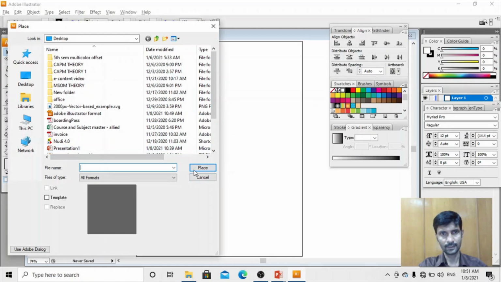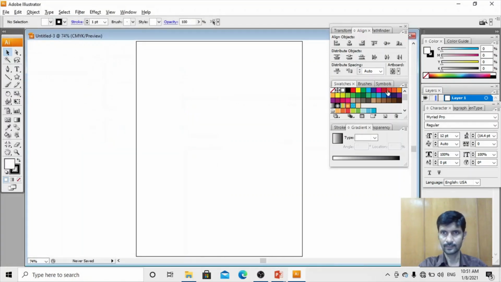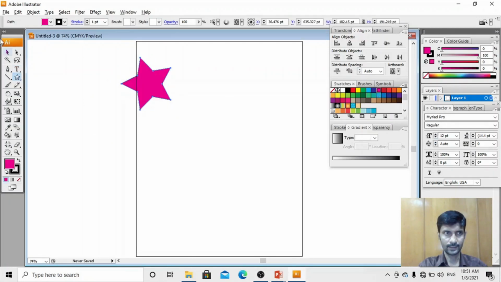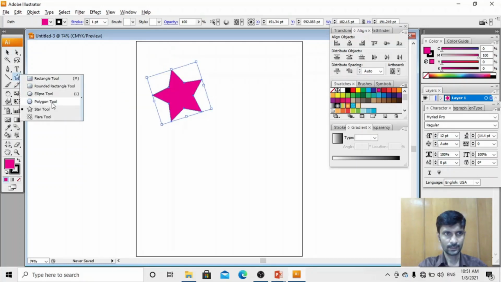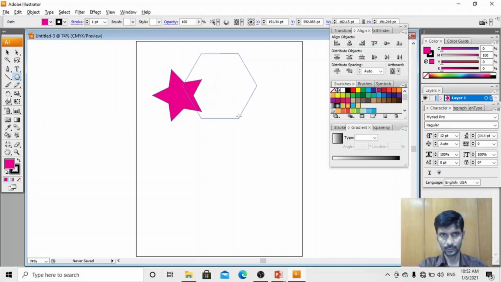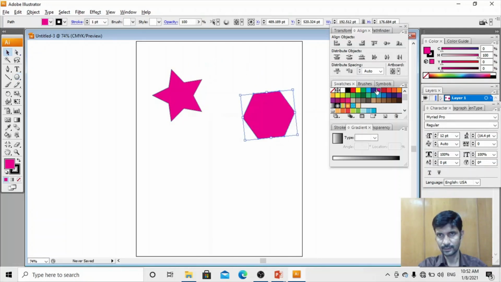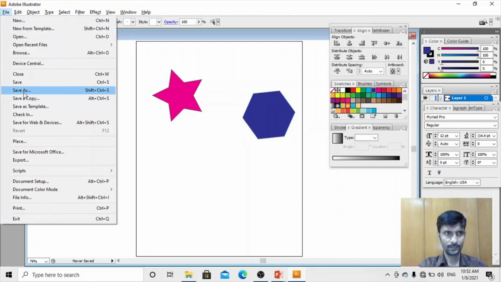One minute, I will create something first, an EPS. I am creating a star, and I will give it a color. After that, a polygon tool, and I will place it here, give a different color to that, and then save this file.